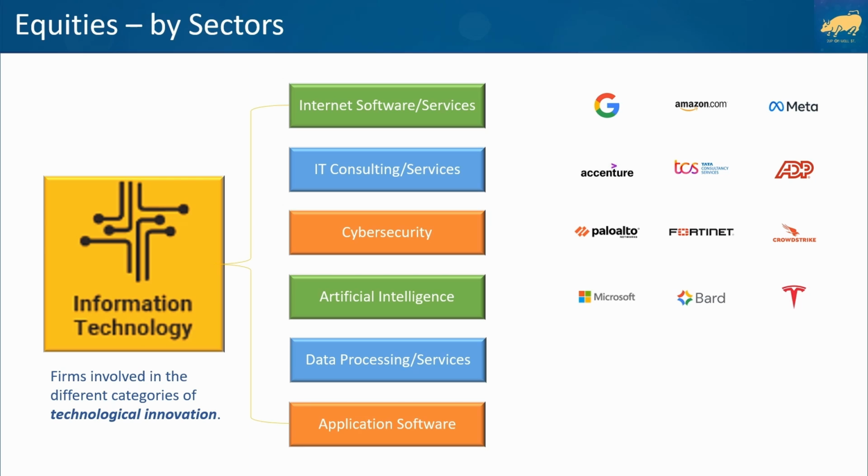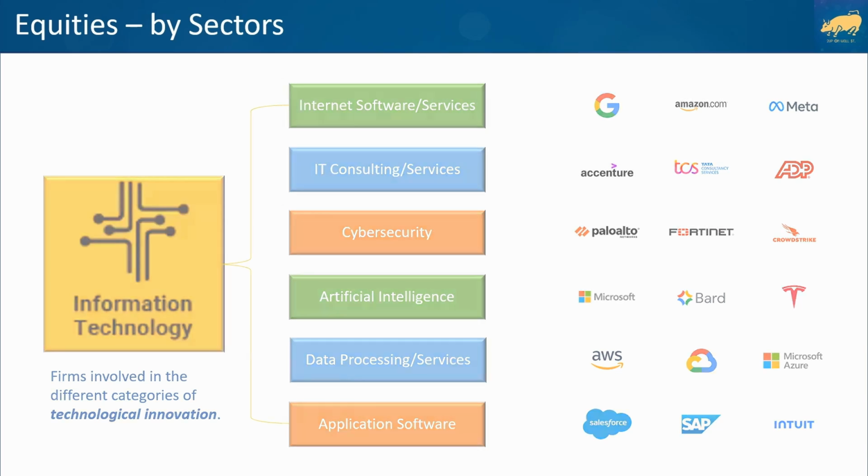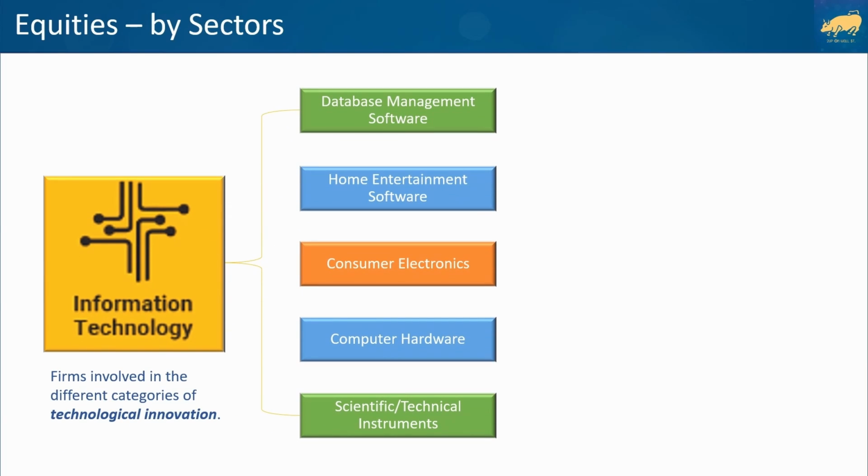Microsoft, Alphabet, and Tesla are the largest artificial intelligence companies. The biggest data processing and services firms are Amazon, Alphabet, and Microsoft. Lastly, Salesforce, SAP, and Intuit Inc. are the leading application software businesses. The information technology sector also includes industries like database management, home entertainment software, consumer electronics, computer hardware, and scientific and technical instruments. Looking into these industries globally, we see that